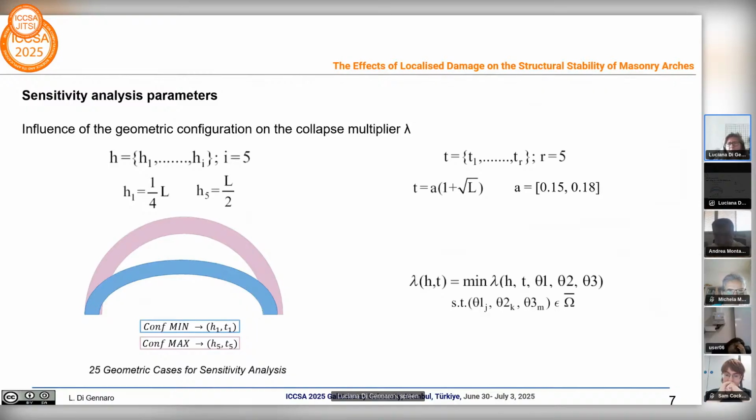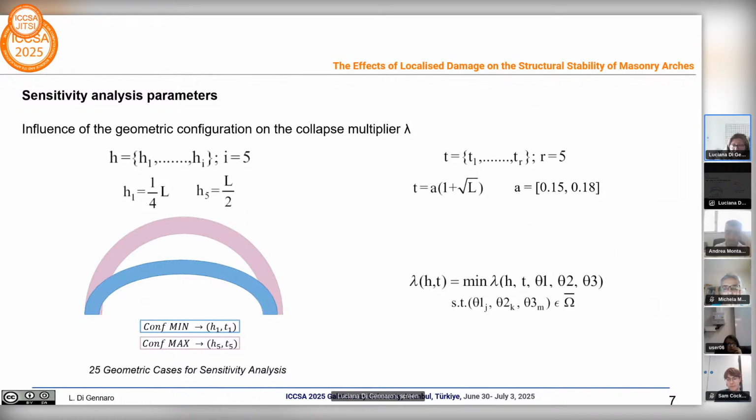The thickness T was obtained by means of an empirical formula as a function of the empirically derived parameter A that varies between 0.15 and 0.18. So for each pair of H and T, the collapse mechanism was evaluated as a function of the couple H, T, and we obtained a field, a matrix of